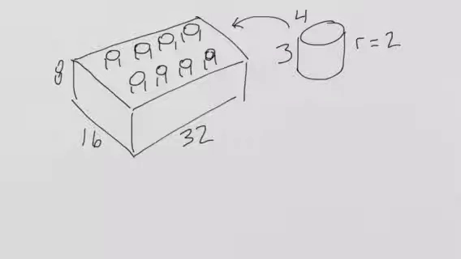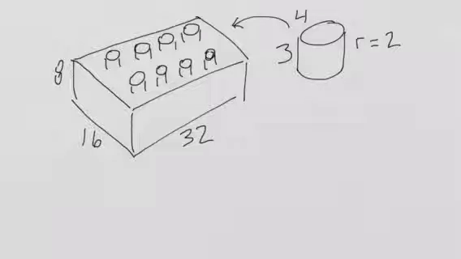Now we're on question 5b, and instead of asking for the volume, they're asking for the surface area of what looks to be a Lego block. So this one's a little bit more difficult, but it's not too hard. If we again calculate the surface area of that rectangular prism,